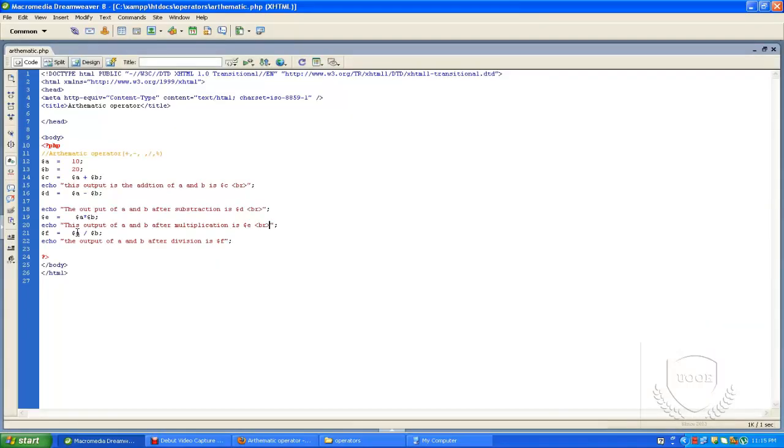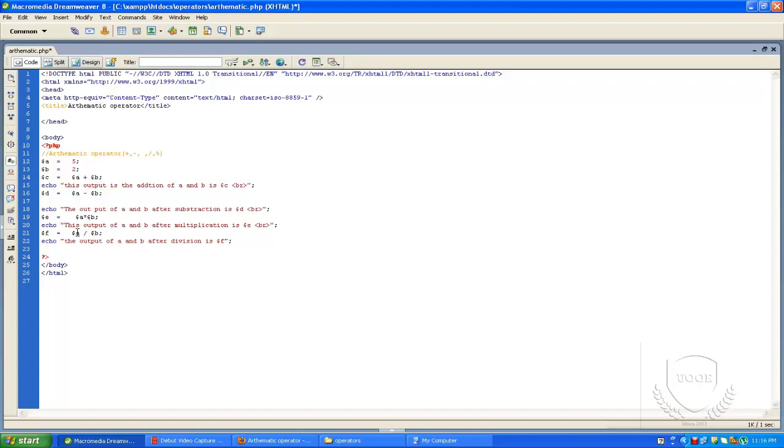And another one is modulus. What modulus means, it is a slightly different operator. It prints the remainder of a division. Suppose I have the value 5 and another value 2.